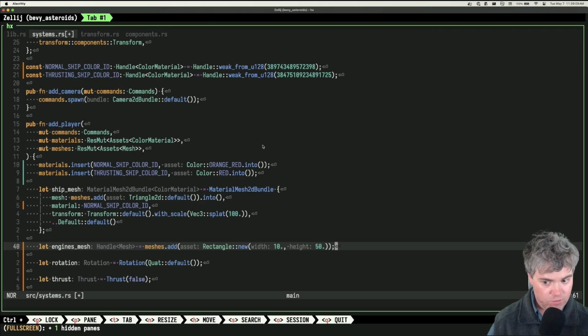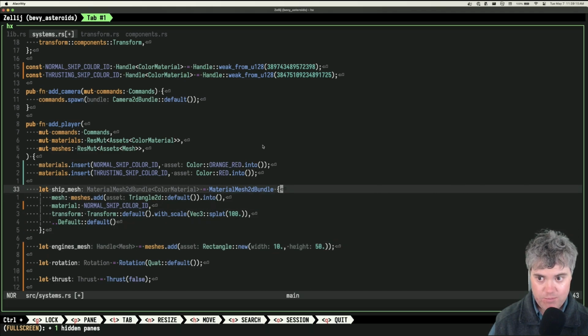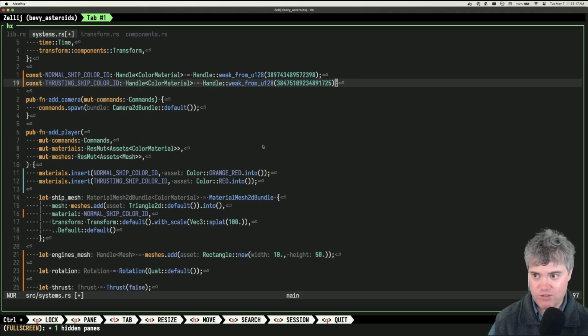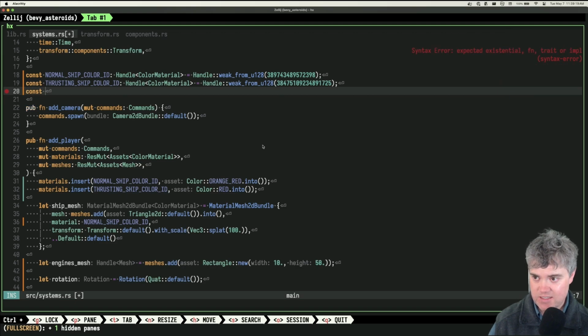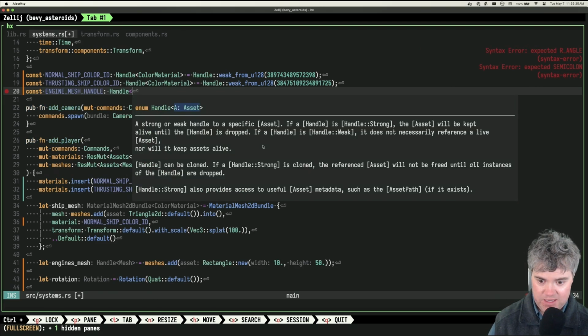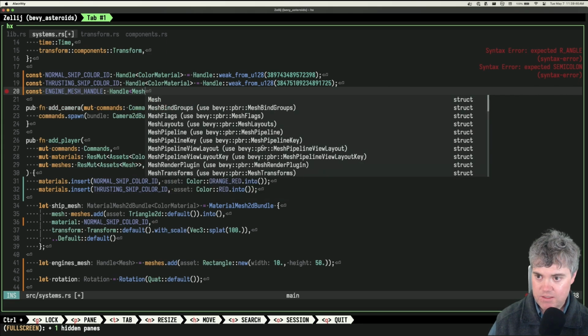Now, I wonder if I want to do an insert to then create or delete this as a component off there. I probably want to insert. So I probably want to do something like this. So const, this is going to be the engine mesh. Let's call this the handle. And this is going to be a mesh.